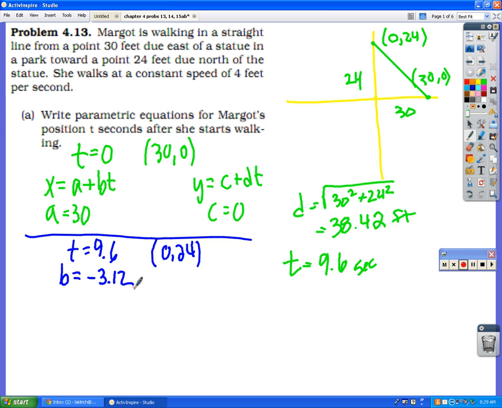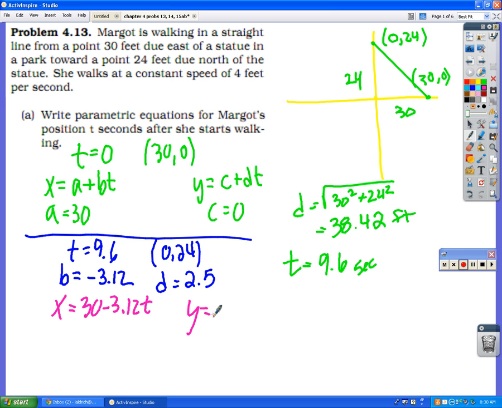All right? And then same thing with the y over here to figure out what d is. We can substitute 24 in there for y, 0 for c, and 9.6 for t. And what do you get when you solve that for d? 2.5-ish. All right, so that means our parametric equations for her position are